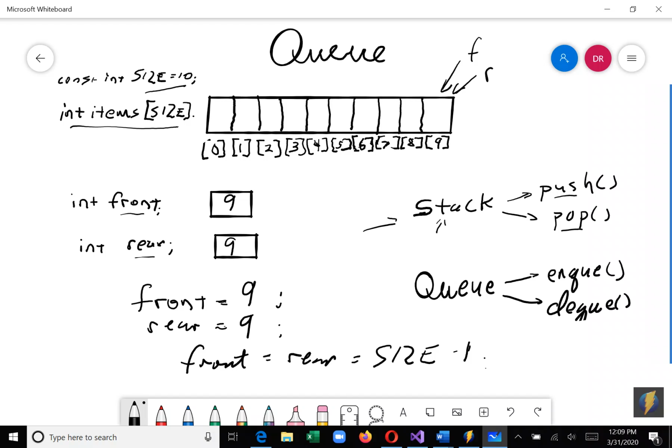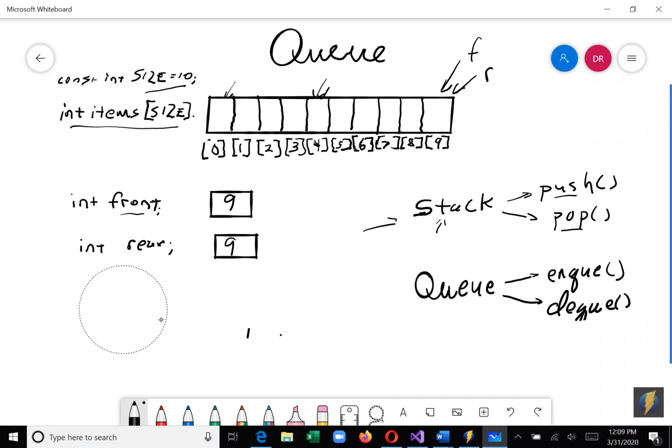Here's the bottom line: you can assign front and rear to start at 0, to start at -1. You could have it start at 4. They have to be the same though. They have to be the same. And by the way, I chained it together. I don't know if that's considered good coding style or not. I got it out of a book years ago. I don't know if it'd be any better or not, but